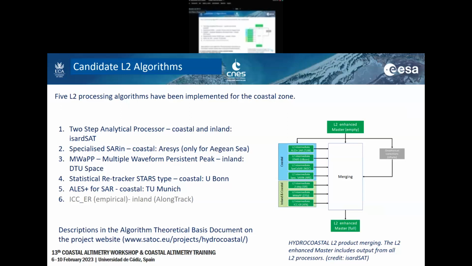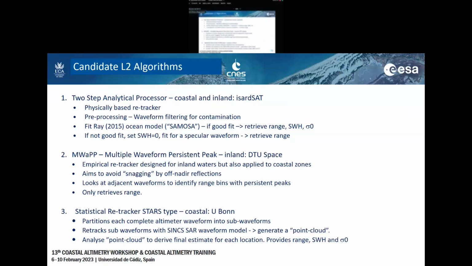So all of the outputs from all of the retrackers are available together with the interpolated original ESA level 2 product. And if you want to know more about the algorithms, they're all described on the website. There's what we call an algorithm theoretical basis document, which goes into quite a lot of detail about how they all work. So there's the two-step analytical processor for inland waters, which is essentially based on the SAMOSA model. And if we get a good fit from the SAMOSA model to the actual measured waveform, then we can get